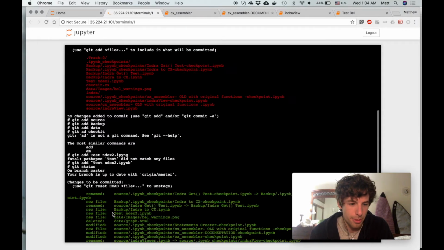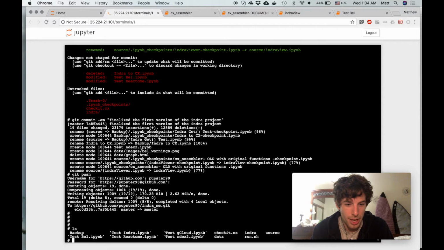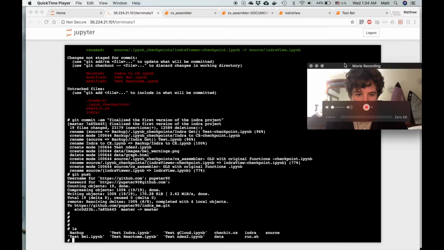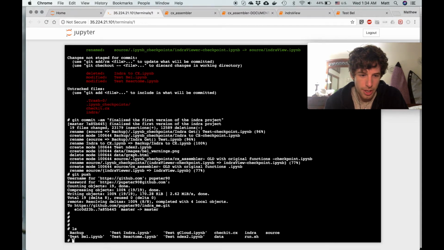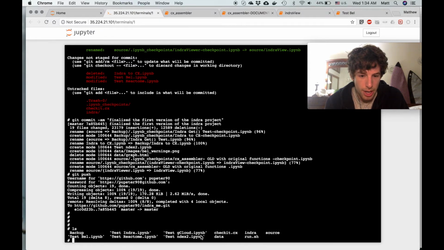If I go to the terminal, you can see I just updated the Docker, so it should be all up to date. All right, so this is the environment. I mean, sorry, all the code that I wrote is right here. And then you see this thing called Indra. This is the one part that I didn't write. This is another thing that you git clone and just put in this location. And what Indra is